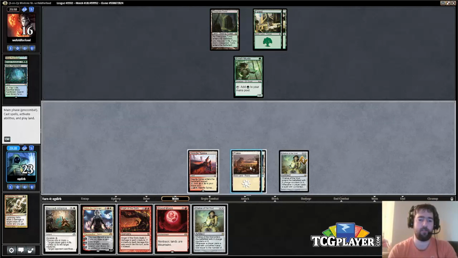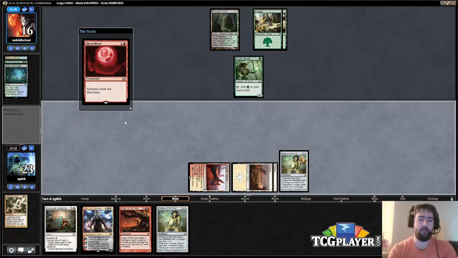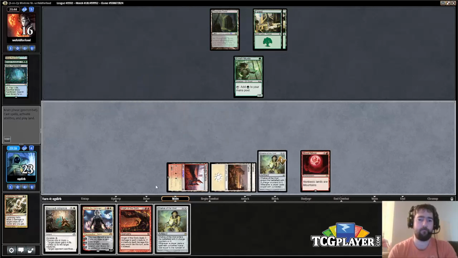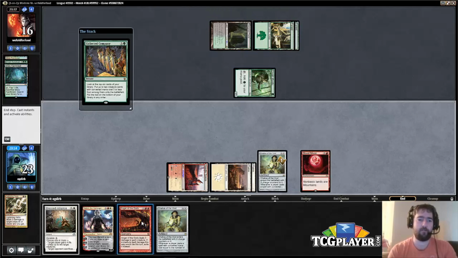So not a ton of good options. I'm just going to play the Blood Moon, even though it's not doing a ton for us, but it could actually help us fix our mana a little bit. Say we draw a non-basic land, like say we draw a Gemstone Caverns, all of a sudden it's a mountain, and it helps us to cast this Anger of the Gods, so gives us more outs to find the second